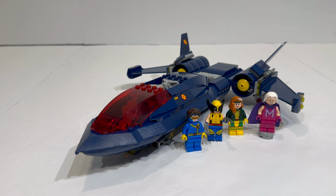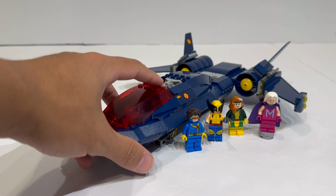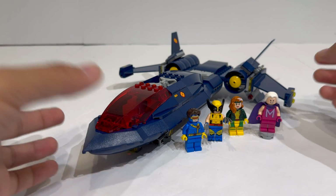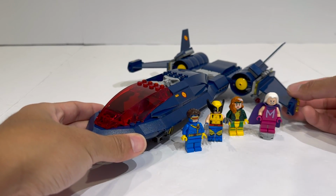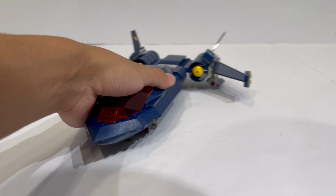My only hope is that this does not send the wrong message to LEGO, that people are not interested in X-Men products and only want stuff from the MCU. I suspect this set might not sell that well because of the ridiculous price, but I just hope that LEGO doesn't now think that it's because of X-Men that it's not selling well, and not because of, well, the ridiculous price. But speaking of, I think it's time to compare this to the original model, which we're going to do a brief overview of